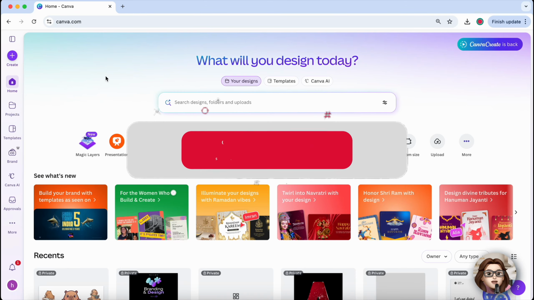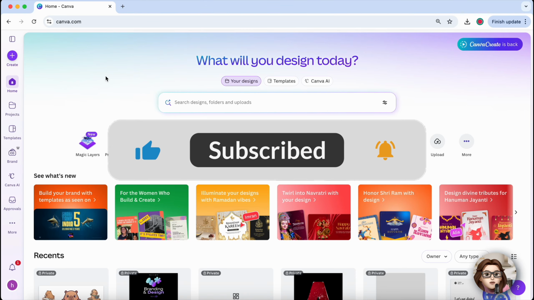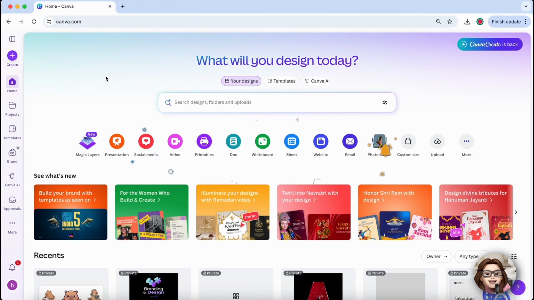In this tutorial, I will show you how to put a border around a text box in Canva. First, open Canva in your browser and log into your account. Once you are on the home page, open an existing design or click Create a Design to start a new